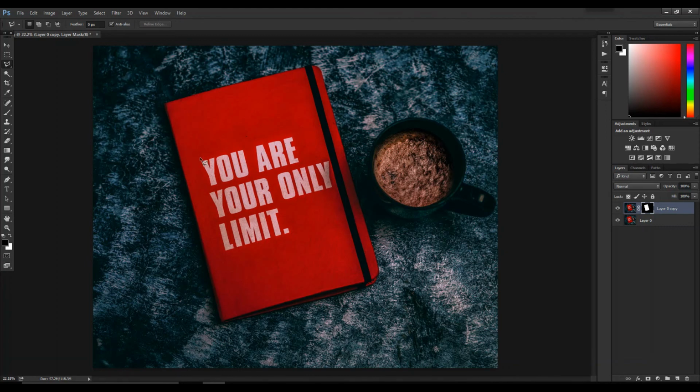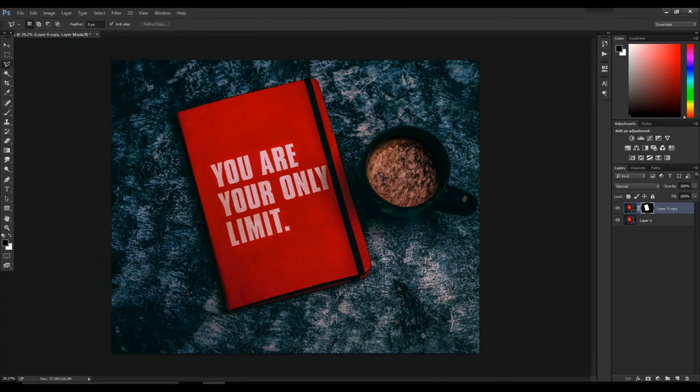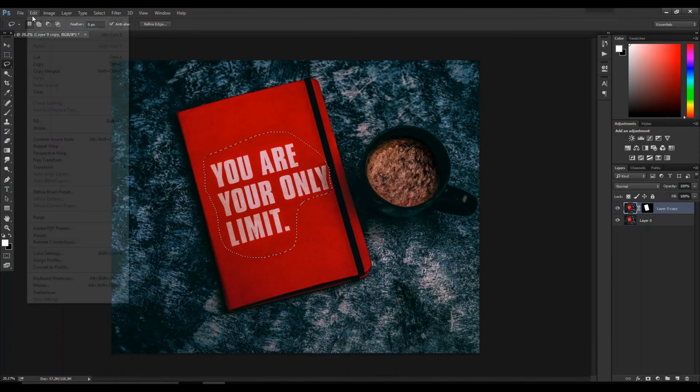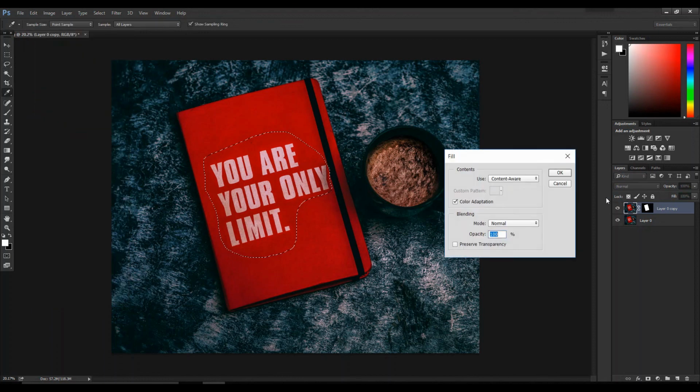So now if you erase this particular writing from here, it will only merge with the color we have already selected, that is this particular red color. It will only pick color from this particular area which we have selected. It will not pick from the background or from anywhere else. So now select your layer thumbnail, take the lasso tool, make the selection. Now if you go and select the content aware tool, you can see the result.